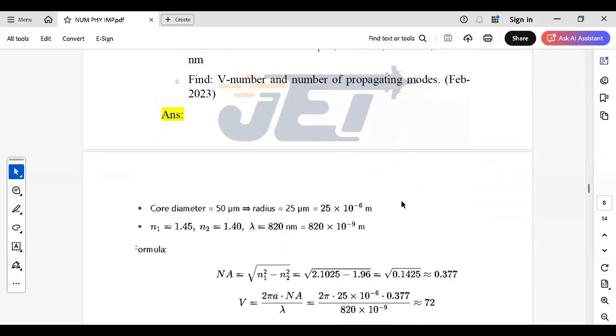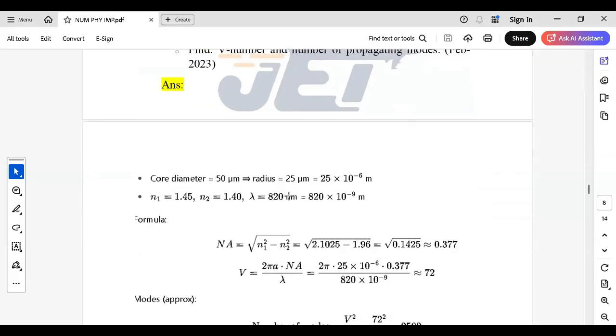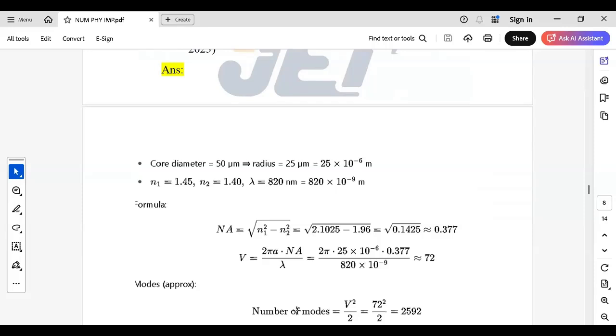So what we are going to do, given all these are given, first we have to find numerical aperture, right? What is numerical aperture? N1 root over N1 square minus N2 square. So you get 0.377 and V. What is the number V? You have the formula 2 pi a into Na divided by lambda. To get this Na value, we have calculated it from N1 and N2 refractive indexes. So after substituting all these values, including lambda given in the question, you get 72 as your answer for